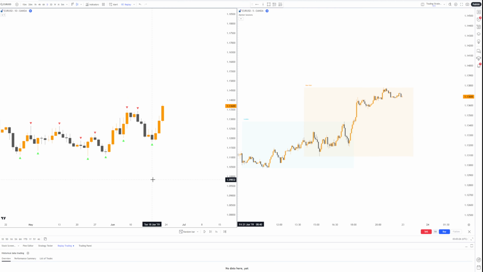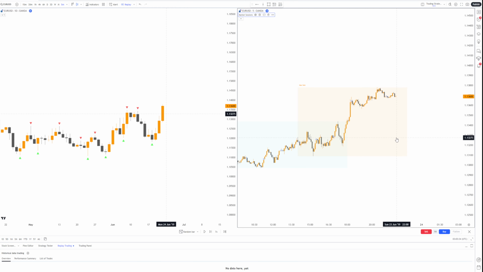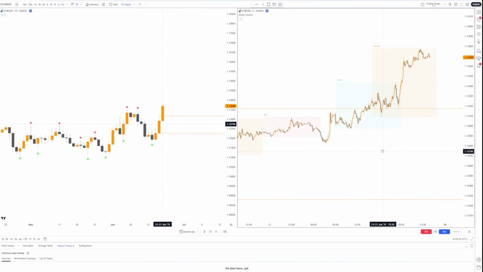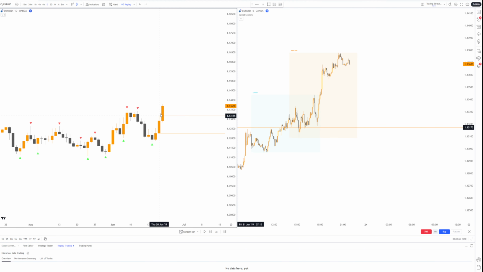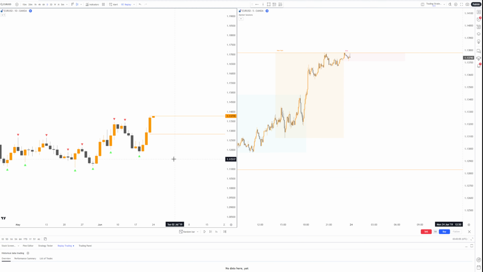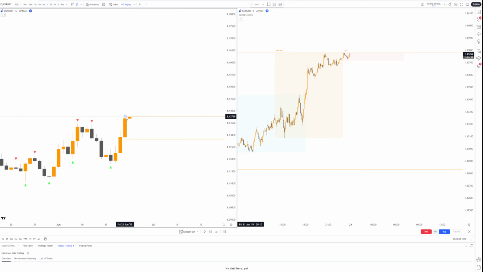So again, same thing, we are going to mark out the daily high and low. At the moment the time here is New York session, which is previous day high and low is here, previous day high and low is there, and you can see that moves have already happened. So let's wait for the new daily high and low to print, and we will take it from there. Okay, so the new daily high and low has printed. You can see this is previous day high and this is a previous day low,